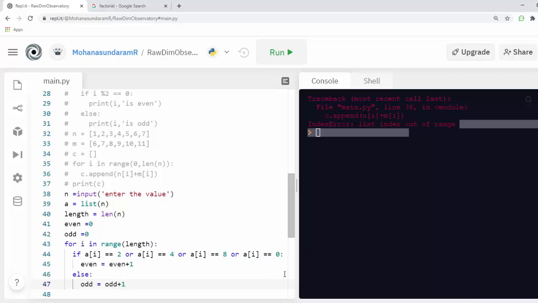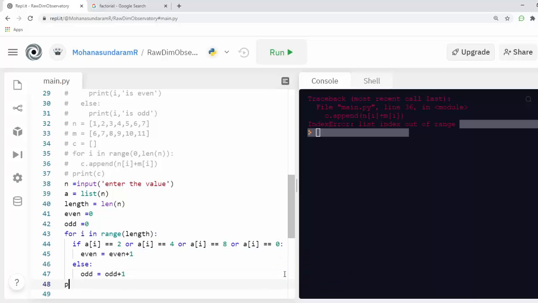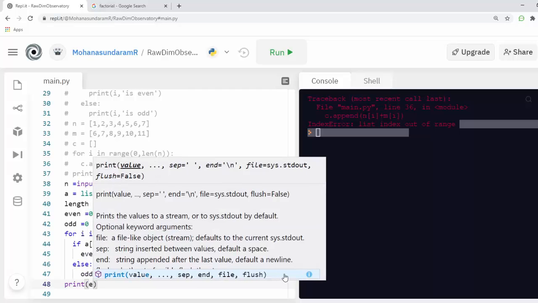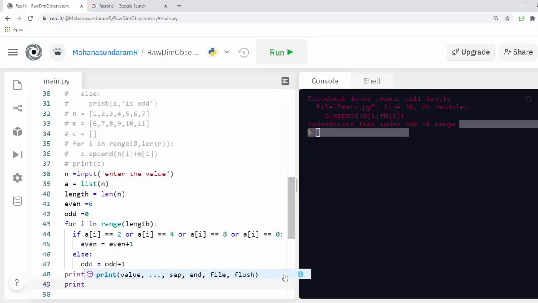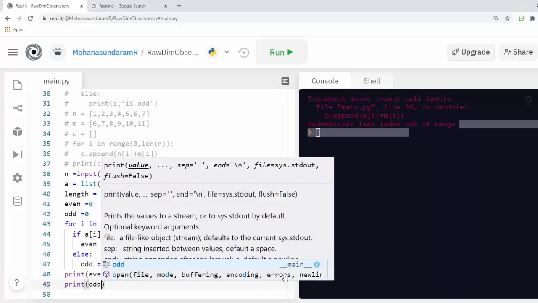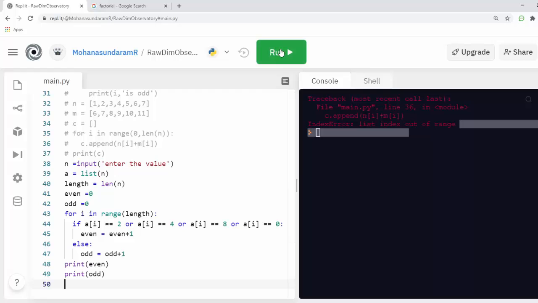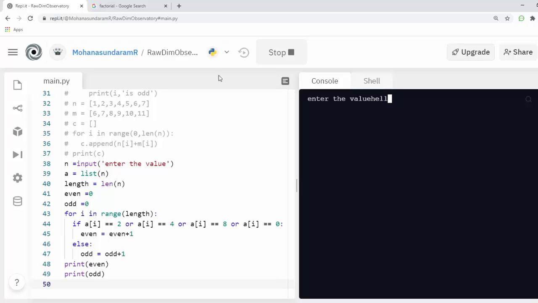Finally I'm printing everything out of the loop. Print even, print odd. Now I'm printing it. First hello. Sorry, I didn't mention anything here.